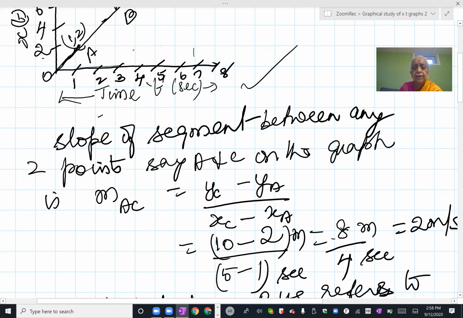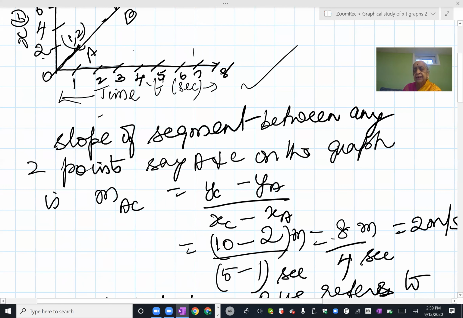The slope of the segment, now you will be learning it in analytical geometry shortly in your maths, that when you have 2 points and you want to find the slope of the line, how far it is inclined to the positive x direction, is called the slope, is a measure of the slope of the line. Actually, the tan of the angle between the given straight line at the particular point of my choice and the positive x will give me some theta. Tan of that theta, the tan value, you know, it's always opposite side by adjacent side. So knowing these, you can find out what is the slope.